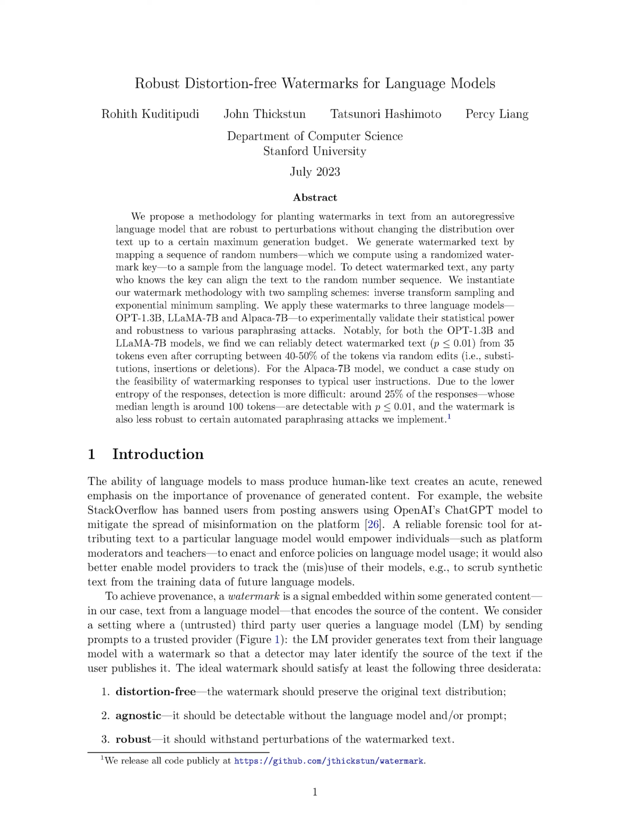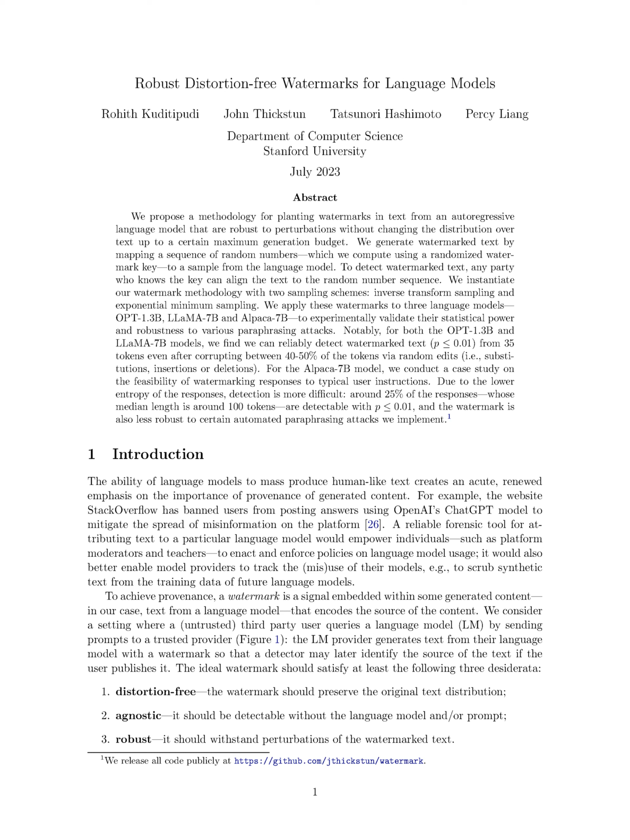Section 1 Introduction. We're going to discuss the importance of tracing the origin of content generated by language models. This has become a pressing issue, especially with the rise of AI models that can generate human-like text. For instance, Stack Overflow, a popular website, has banned users from posting answers generated by OpenAI's ChatGPT model to prevent the spread of misinformation. A reliable tool that can attribute text to a specific language model would be beneficial for